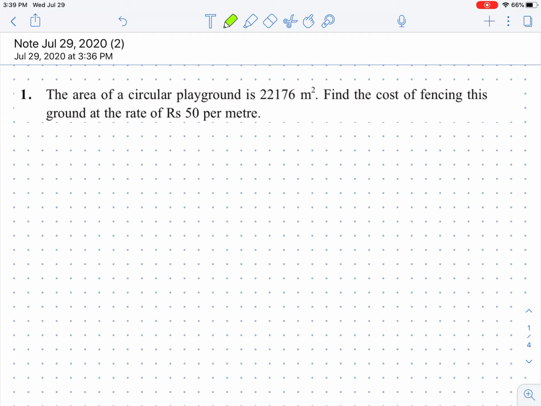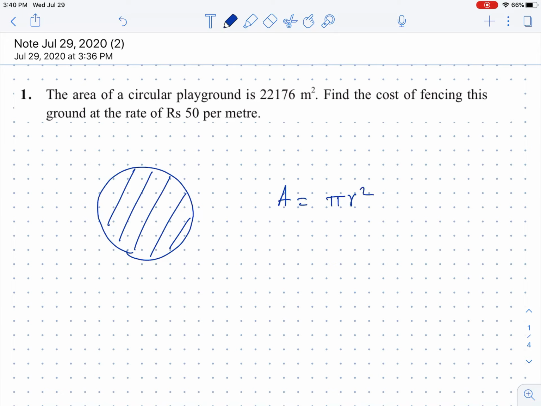Now see here, they are giving us the area of this circle. The area is pi r square. They are saying area is 22176, so pi r square you can write as 22 by 7 r square. R square will be like 7 into 22176 divided by 22. We can find the value of r square like 7 into